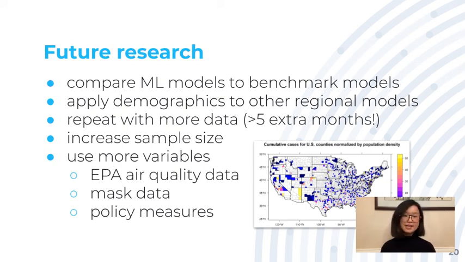I'd want to increase our sample size and work more on data reconciliation, since I got my data from a bunch of sources and I had to find the counties where there was data for every single variable from every single source. And I'd want to incorporate more variables as well, such as the EPA air quality data, which I spent some time with but wasn't able to get it to fully work, as well as mask data, since we have kind of like an implicit measure of how out and about people are, but obviously whether or not they are wearing masks will significantly impact how many cases there are in that region, as well as policy measures to give a more concrete idea of when lockdowns happen and when the government is taking action and how that impacts the case counts.